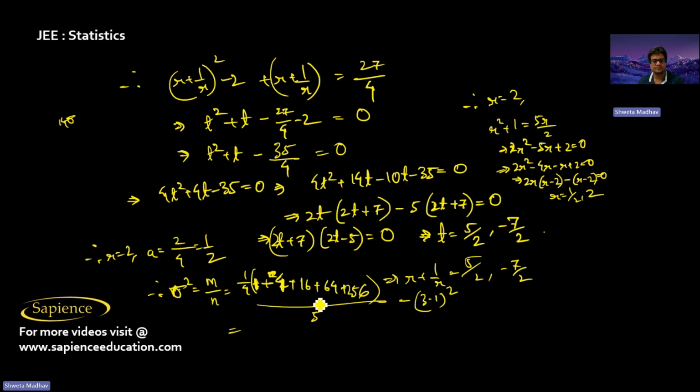So this will be equal to, we solve it, and we will get 10 plus 4, 20, 20, 84 plus 1, 85, 85 plus 256, that is 341, by 4, so 341 by 20,